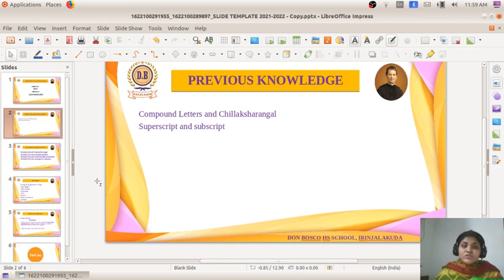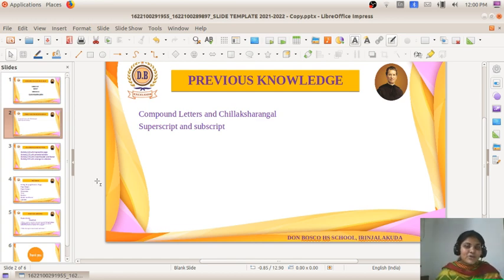We also discussed superscript and subscript. If you want to write chemical reactions or mathematical formulas, we can write the text in the correct format. That means we can give a square like a superscript, and for making the letter go down we can use the subscript. You have studied that also.